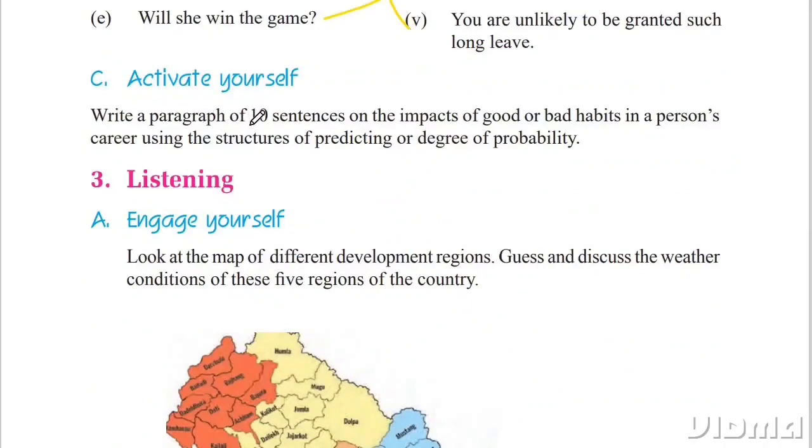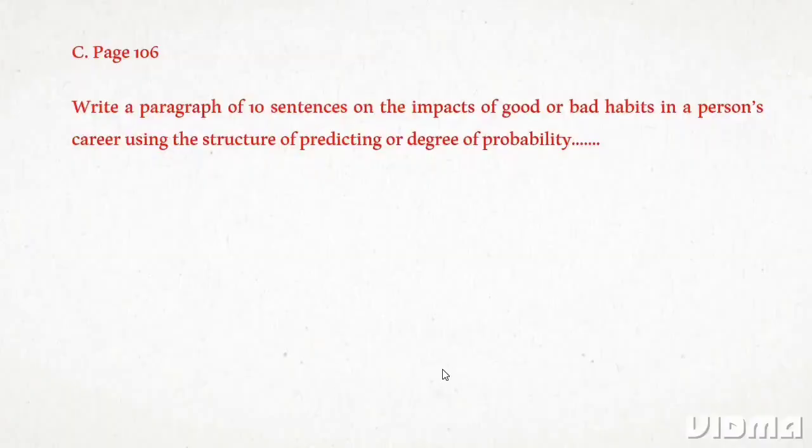Write a paragraph of 10 sentences on the impacts of good or bad habits in a person's career, profession at work, using the structure of predicting or degree of probability. Okay, and the answer is